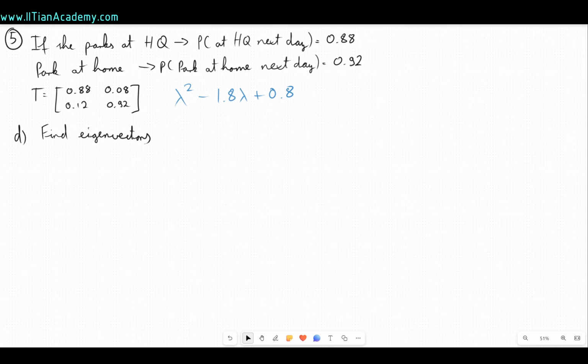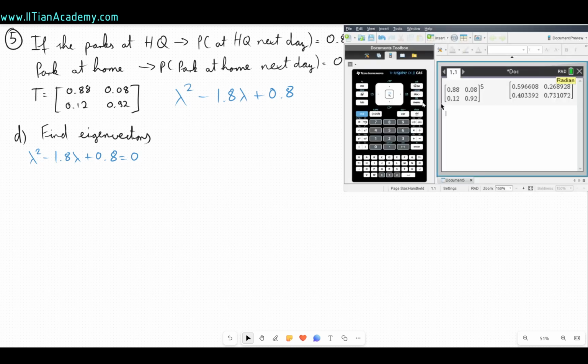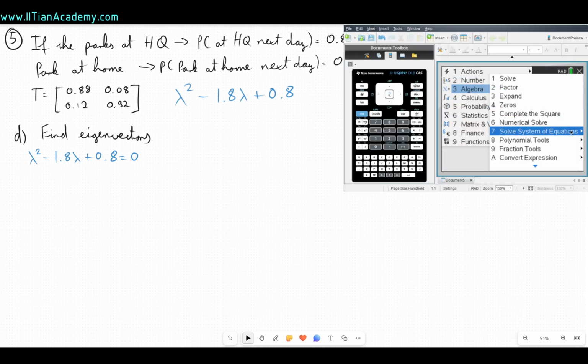So in part D, we need to write down the eigenvalues of our transition matrix. So for that, we first need to find the eigenvalues, and then we can find the eigenvectors. So we need to first find where the characteristic polynomial is equal to 0. We can do that if we go in our calculator menu, algebra,